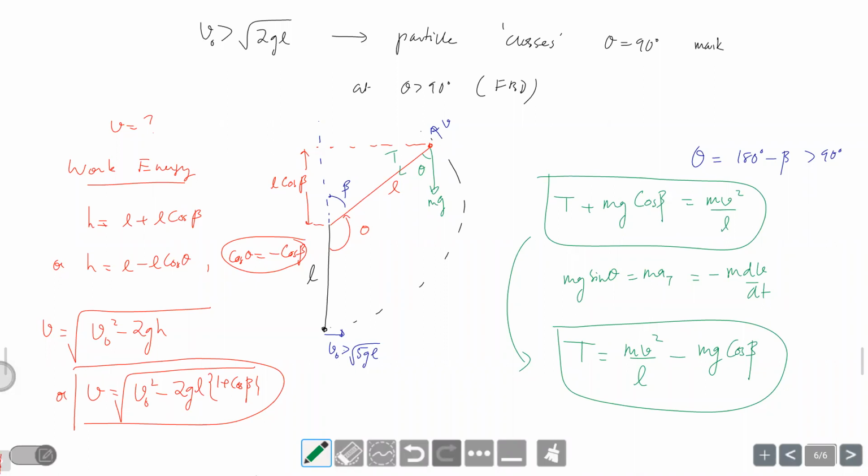So if you noted this down, then try that out. Now, how will we find the condition that how much V naught I should give? By the way, this is from root 5 at this stage. This is root 2. I've just given it enough speed to cross the line. Of course, if I give it root 5 also, it will come to this point, but then the whole thing is changed because then it was flat.